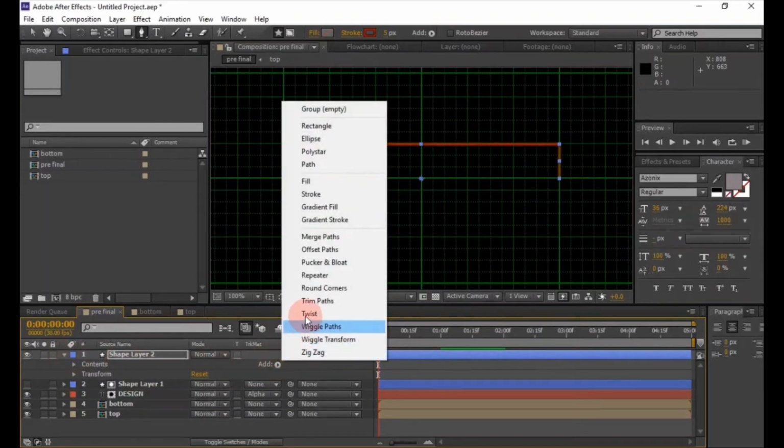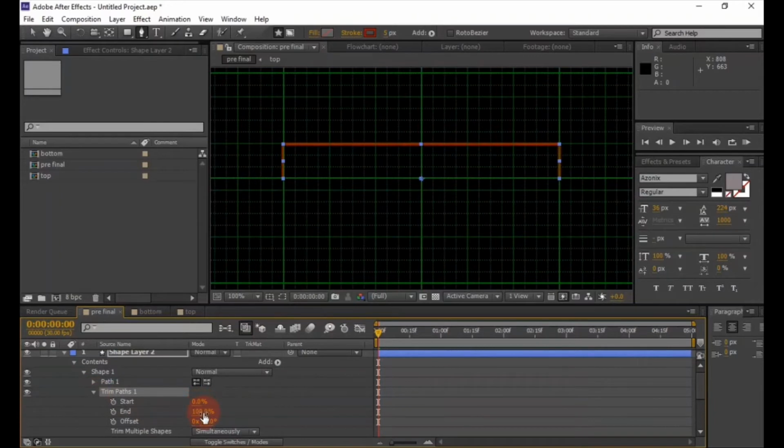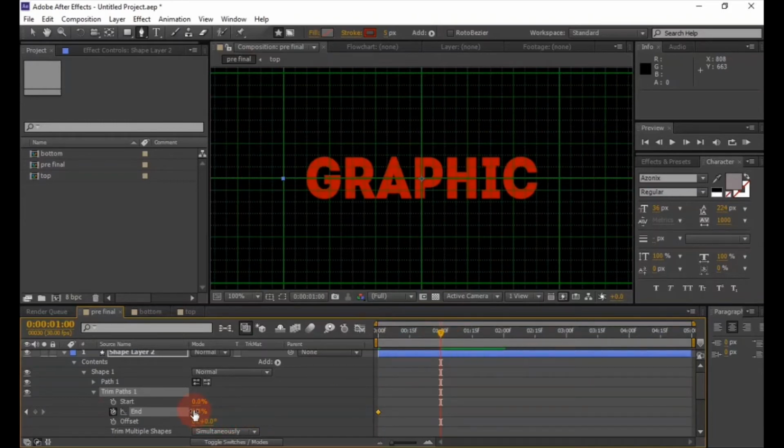Now expand the shape layer, then add a trim paths. Expand the trim paths and change the end value to 0, add a keyframe, then go to 1-second position, change the end value to 100.